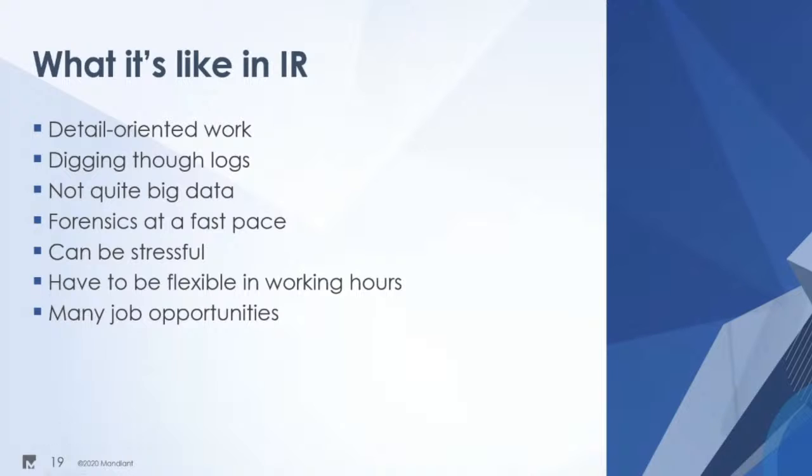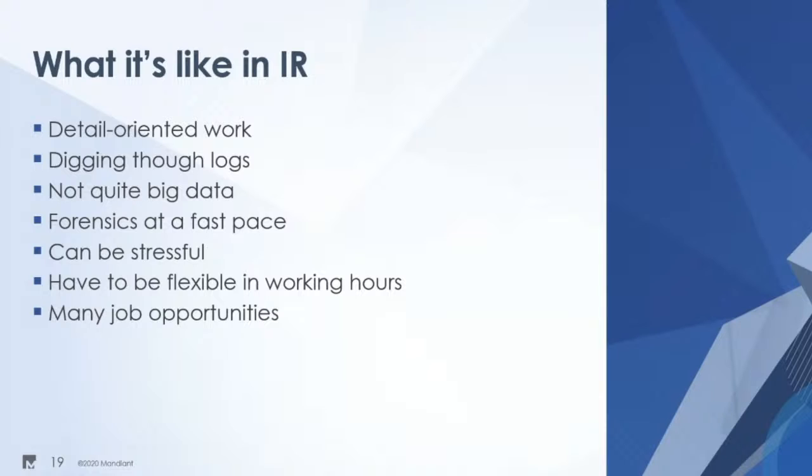For me, the difference between doing normal forensics and doing incident response is the pace at which you work. In forensics, you're going to have deadlines, things like that, depending on where you're working, your job atmosphere, your specific duties. When you work on incident response, you generally need to produce those same answers at a much faster pace. Okay?